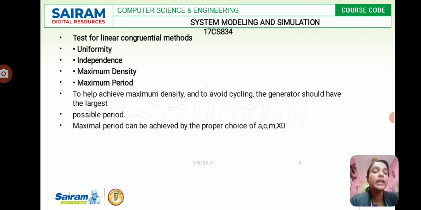When we test for independence, dependence also can't be detected. This is the main motto of this, and then there are maximum density and maximum period. To help achieve maximum density and to avoid cycling, the generator should have the largest possible period, which should be achieved by the proper choice of the parameters a, c, m and x0.